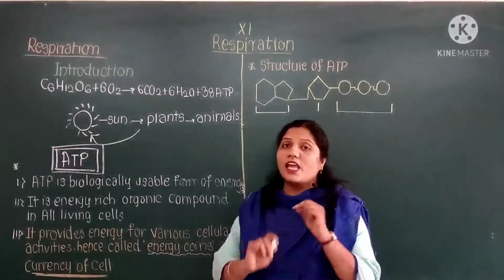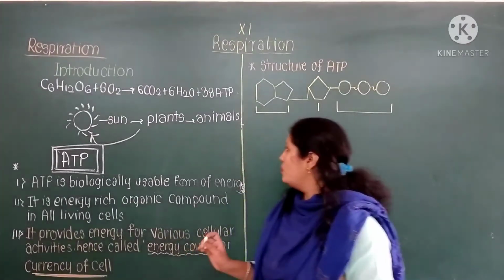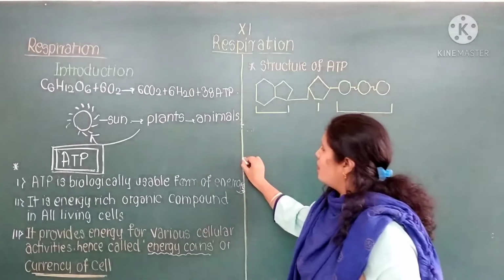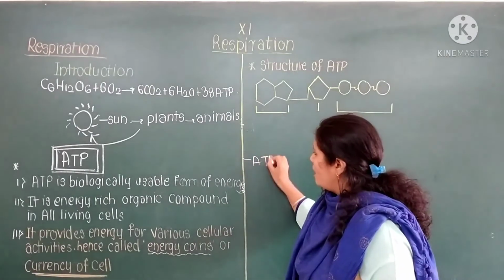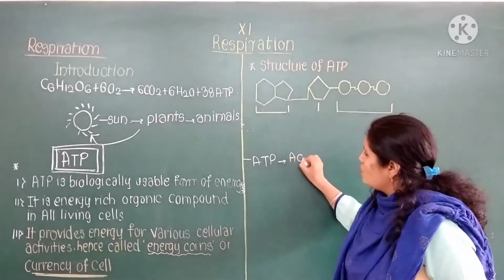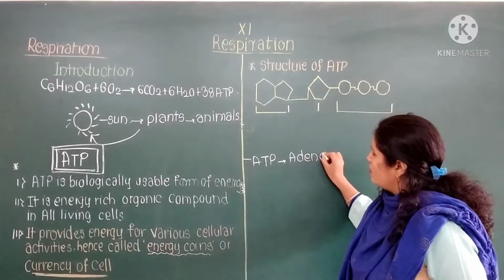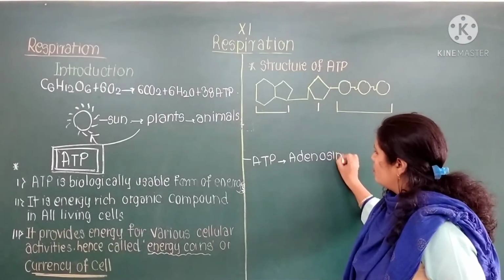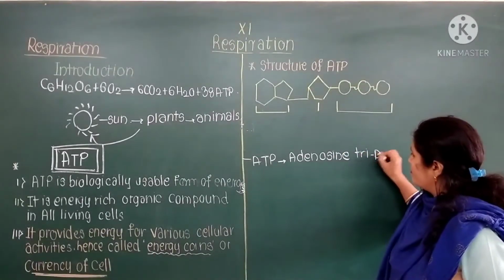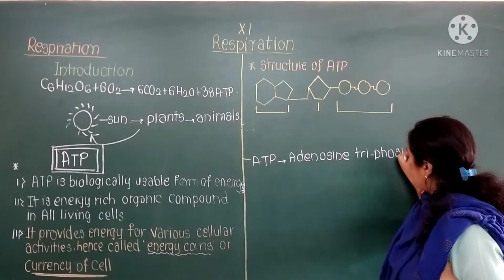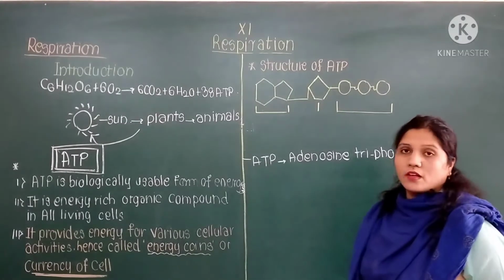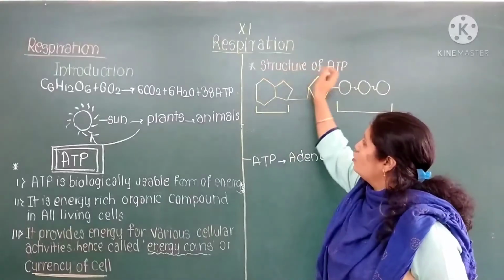Now what is this ATP? The long form of this ATP is adenosine triphosphate. Adenosine triphosphate. If you have seen the structure of the ATP,